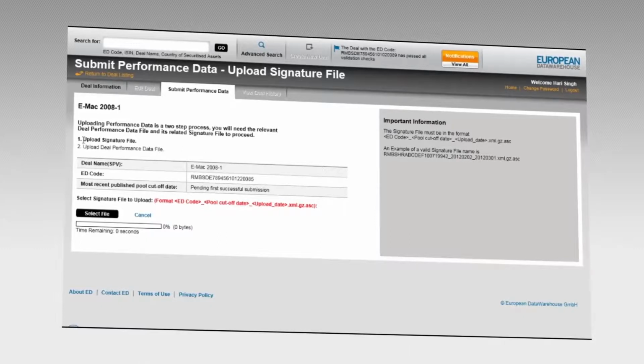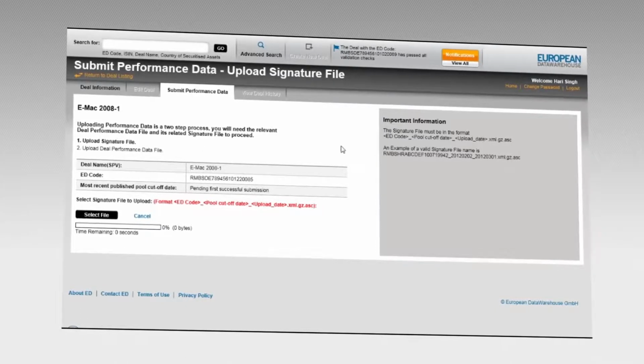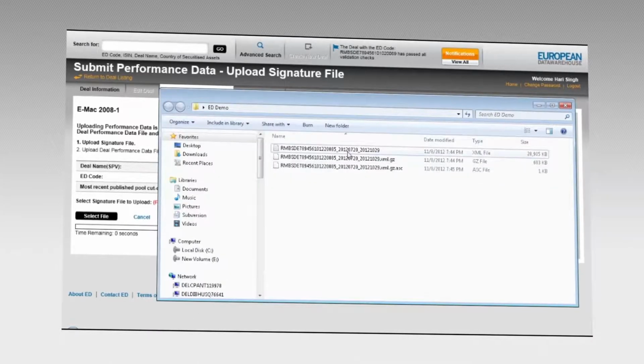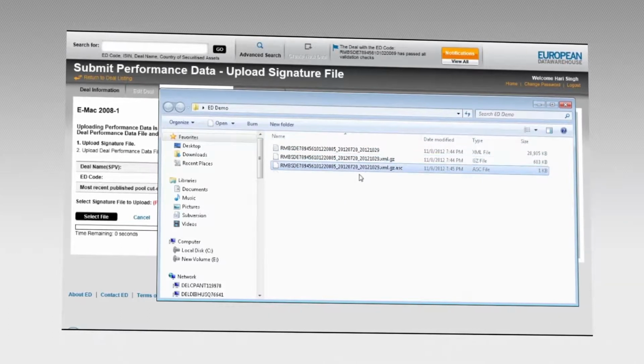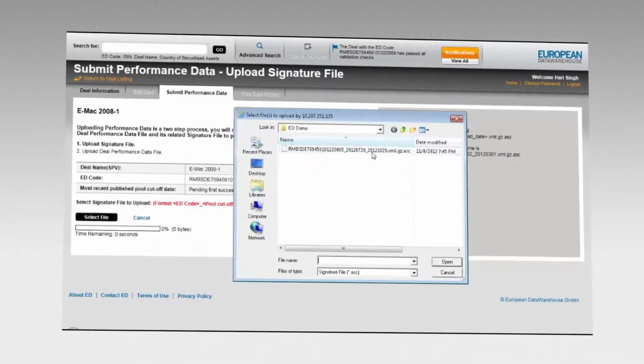To upload loan-level details, data providers must prepare the data per ECB's template specific to an asset class. They must then generate the XML file as per the ED schema for that asset class, validate the XML data file, and compress it into gzip format. This file must then be signed with the organization's digital key, generating a signature file. Once that is complete, the data provider must go through a two-step process for uploading the information.